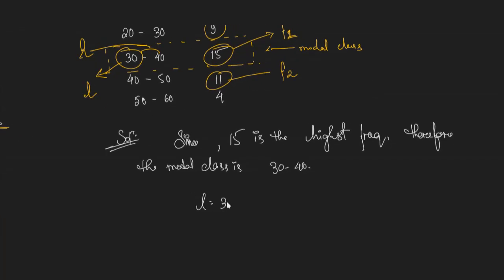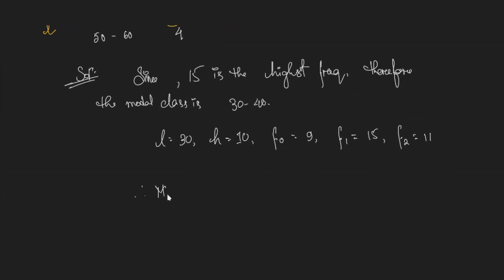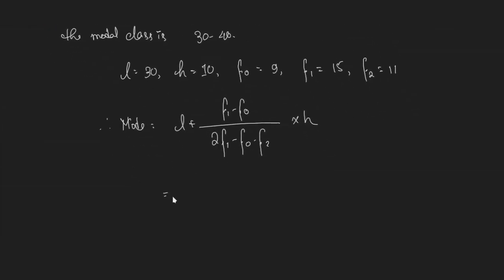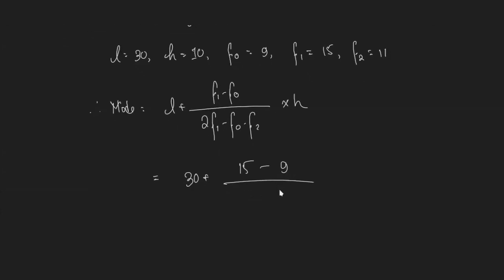L equals 30, h equals 10, f0 equals 9, f1 equals 15, f2 equals 11, right? Therefore mode equals L plus (f1 minus f0) divided by (2 times f1 minus f0 minus f2), into h. So L is 30 plus f1 means 15 minus f0 means 9, then 2 times 15 minus 9 minus 11, into 10,